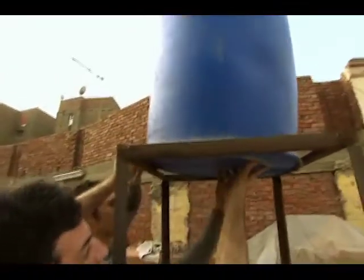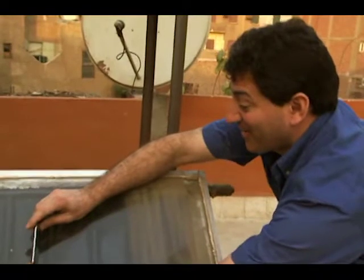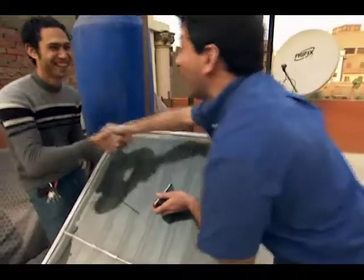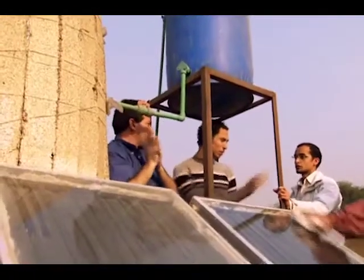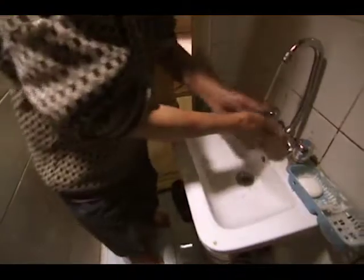The water heaters take advantage of Egypt's great national resource, abundant sunshine. When the system is placed just right... Oh, you're good. Hey, you are good. You know what you're at? 39.9 degrees. Whoa. Solar panels heat up water that circulates through metal tubes, eventually filling a tank with extremely